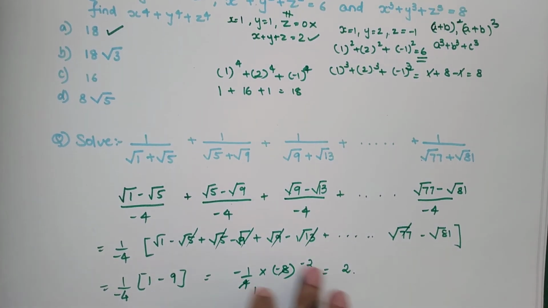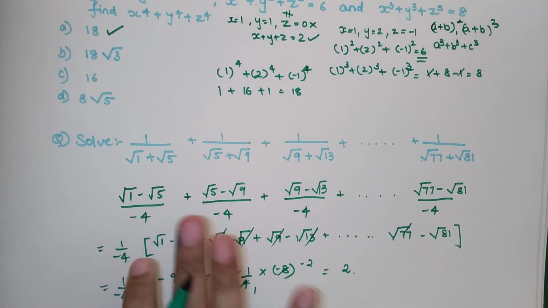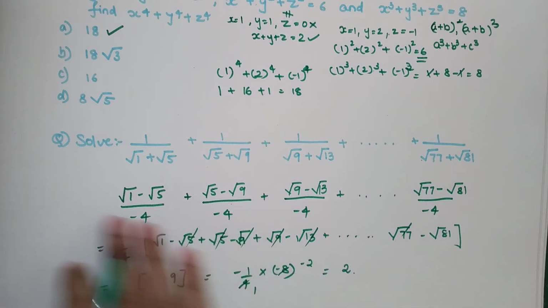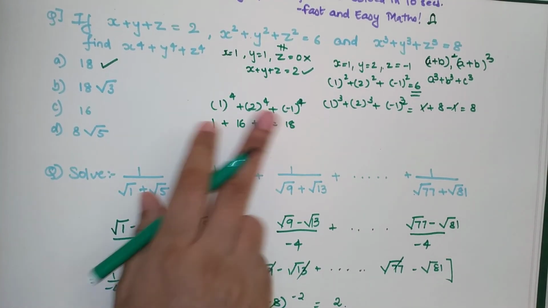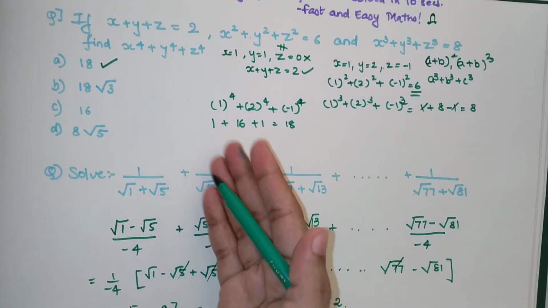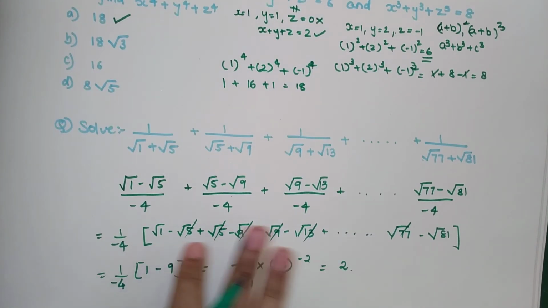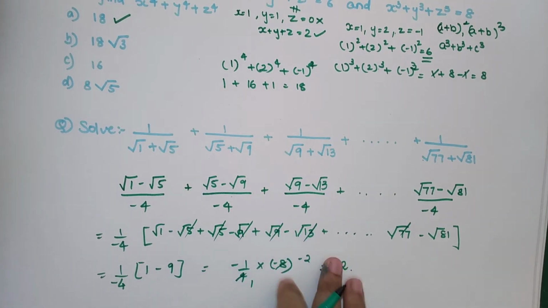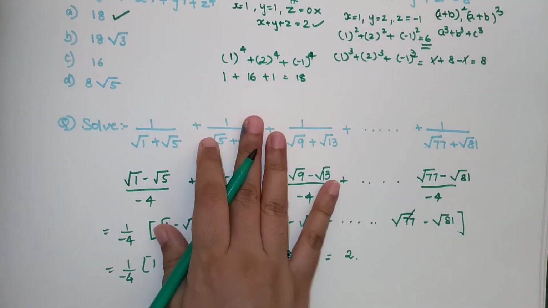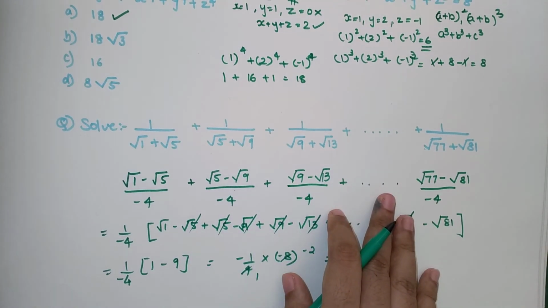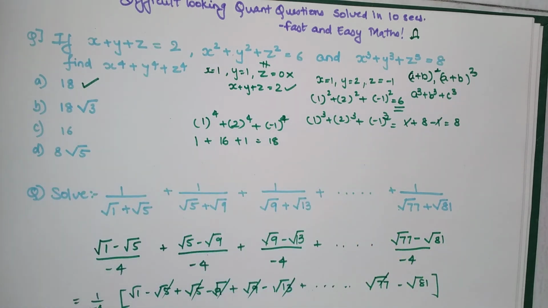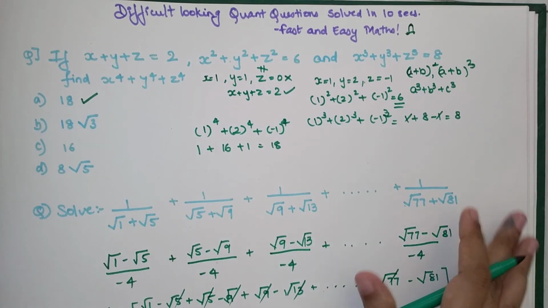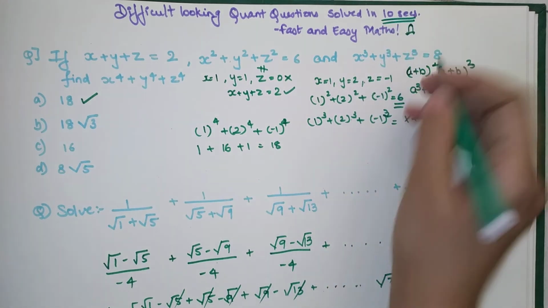So students, I hope you've understood that just using your basic understanding of mathematics, you could solve these complicated looking sums. So we did two sums today. One which was based on finding or rather assuming the values and getting to the answer, and the other was just based on your basics of mathematics. So I hope this part is very clear, and I hope after looking at this video, whenever you come across a difficult looking sum in any of your entrances, please, I request all of you to give it a try, because sometimes the question looks difficult but it actually is really very easy, and you will be able to solve them in a matter of 10 seconds.